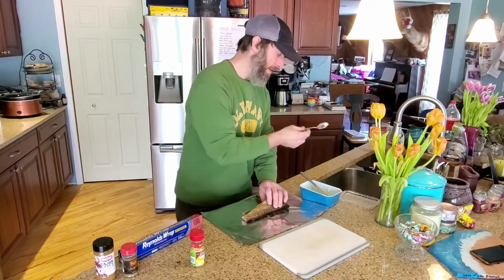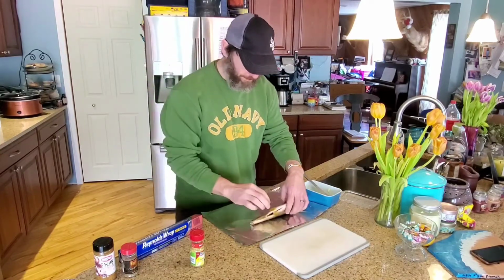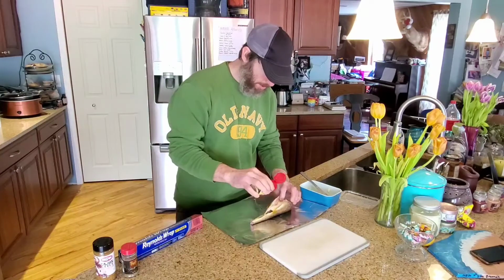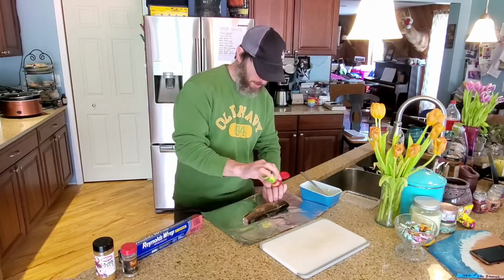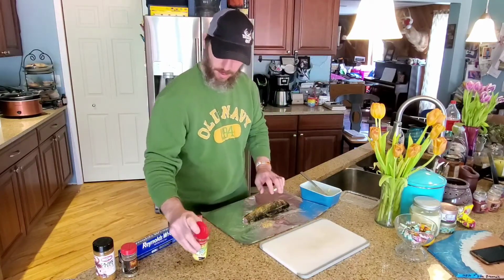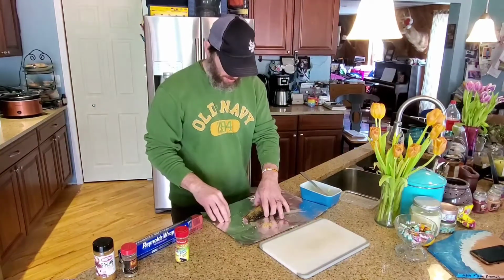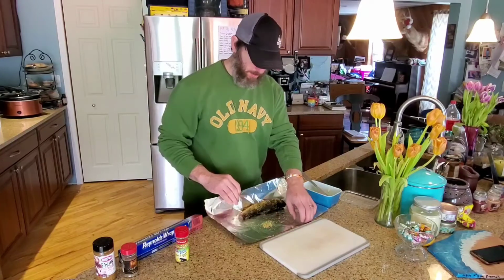Alright. I'm not going to put that back in the butter container, so I'll be in trouble. So I'm going to take this lemon pepper, I'm going to douse it right through there, and I'm going to hit the outside a little bit, like so. Now, we make ourselves a little